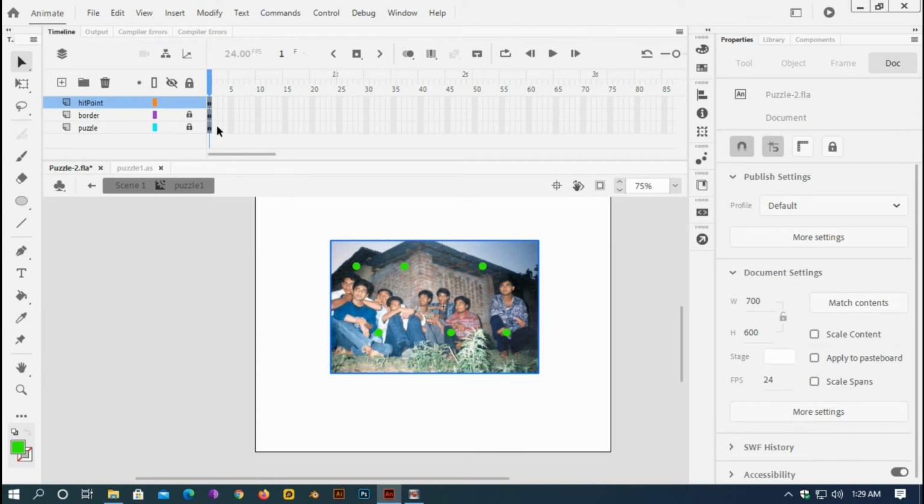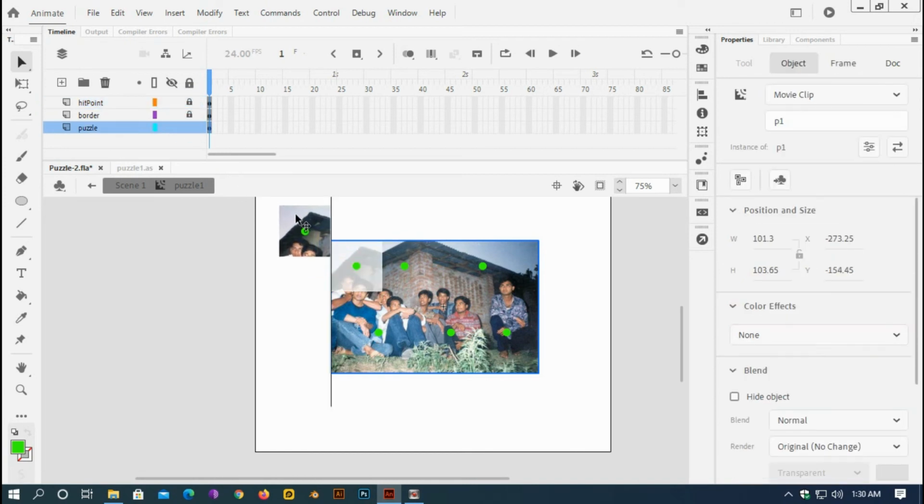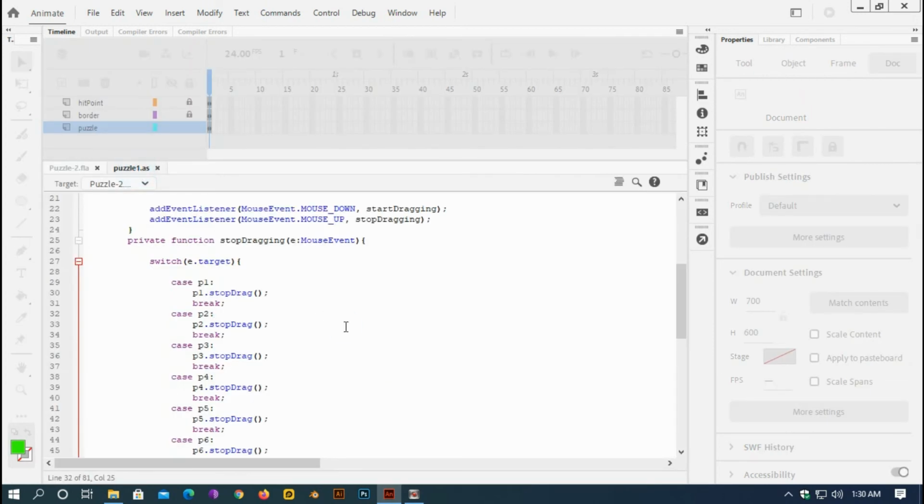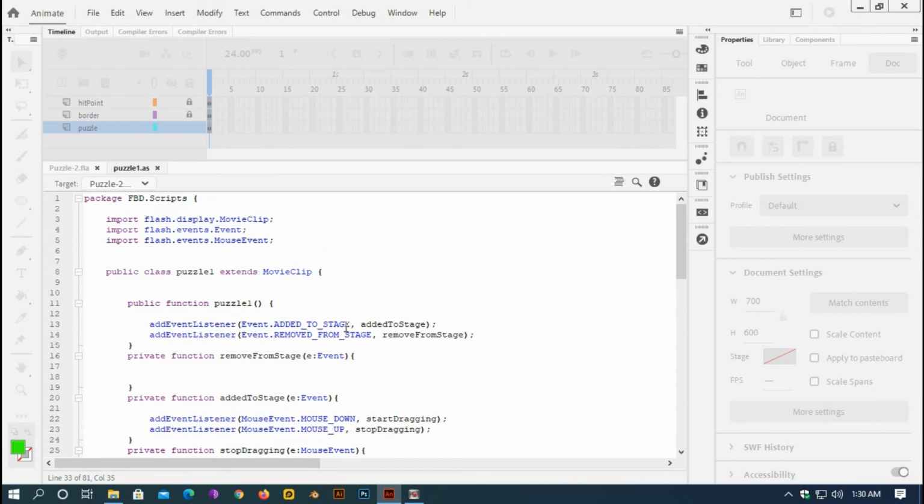Okay, lock this hit point, and now let's see my pieces are here. When I drag and the oval inside that piece and this oval hit each other, it will take its own place. I want this picture to be taking its own place like this. So save it, go inside the class, the puzzle1 class,